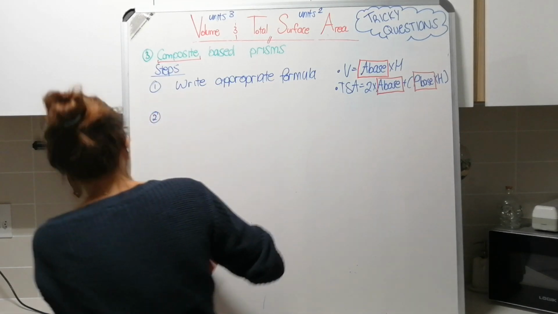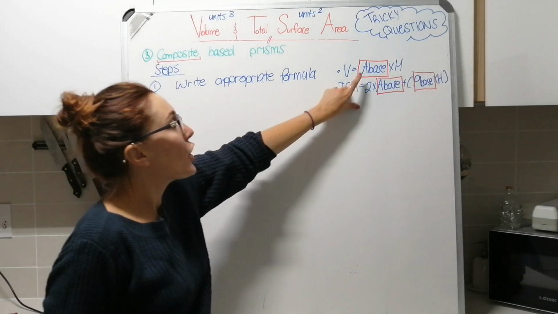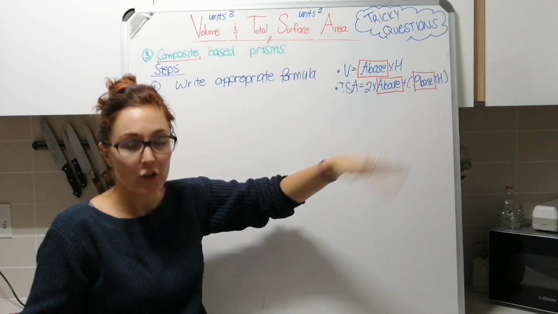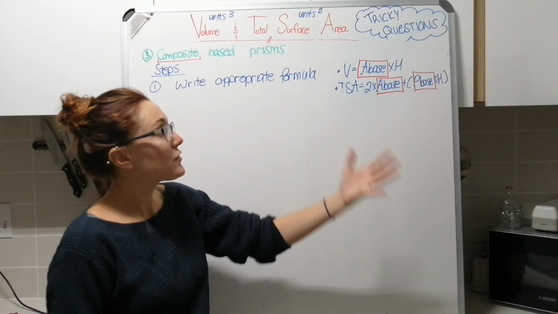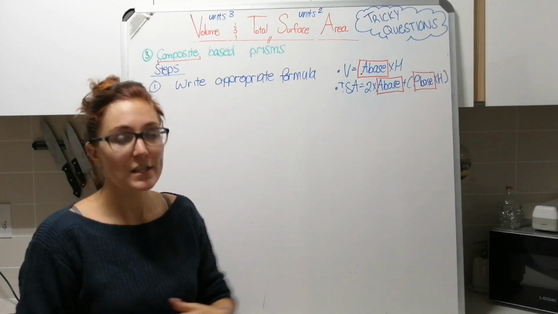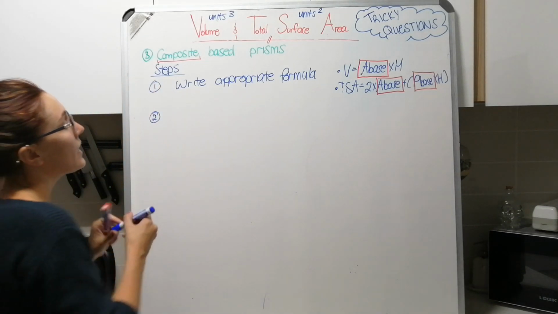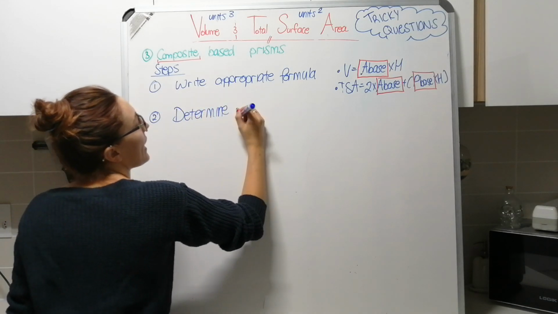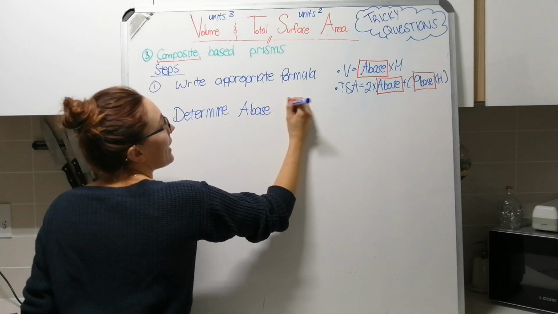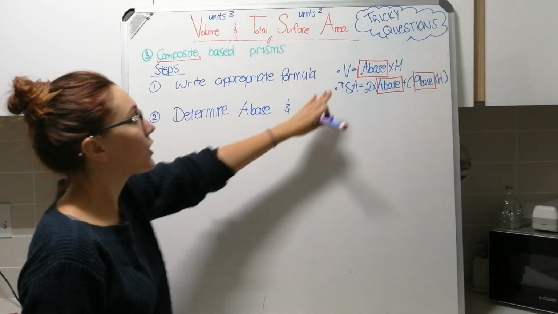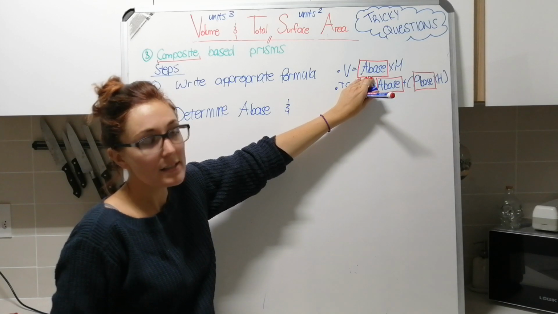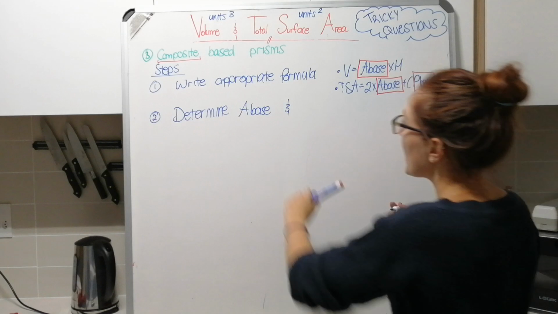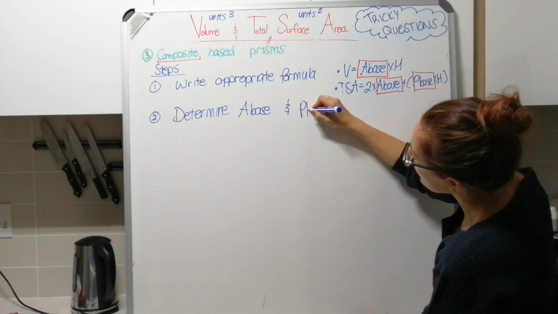Remember, when you've got a composite shaped base, there's no area of a circle with a semicircle cut out of it formula. You have to logic that out yourself. You have to use your understanding of composite shapes to work that out. So step 2 is to determine the area of your base, and if you need to, so if you're looking for volume, you only need the area of your base. If you're looking for total surface area, you need both. So determine the area of your base and the perimeter of your base